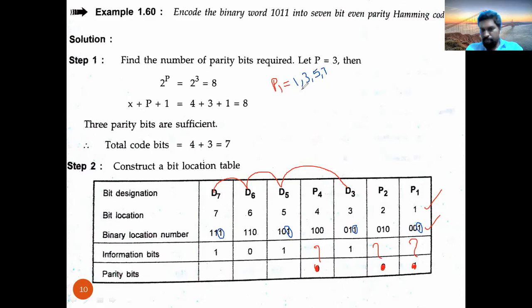Now write down the respective values. We don't know the value of position 1, so keep it empty. Why? Because in position number 1, no value is there, so keep empty. Next, under the column of 3 you have 1, under the column of 5 you have 1, under the column of 7 you have 1. So this is the binary information you got: dash, triple one.